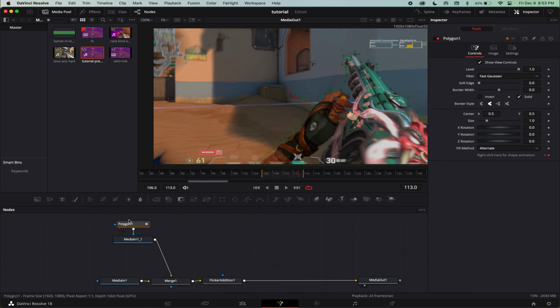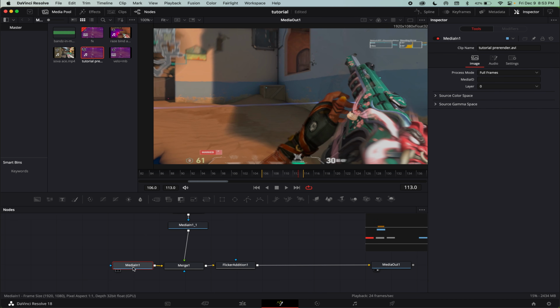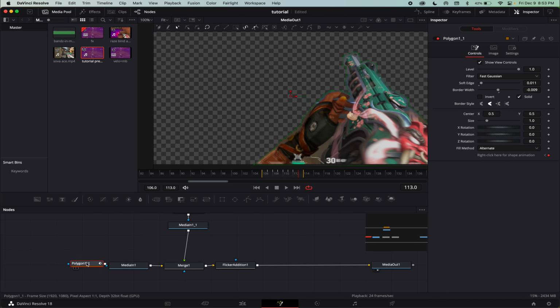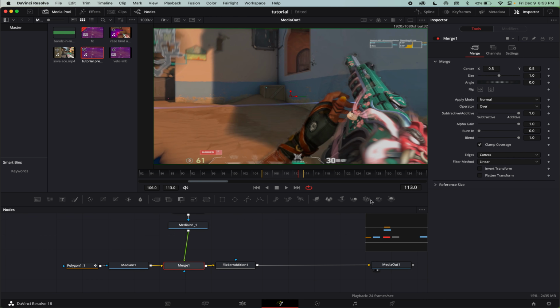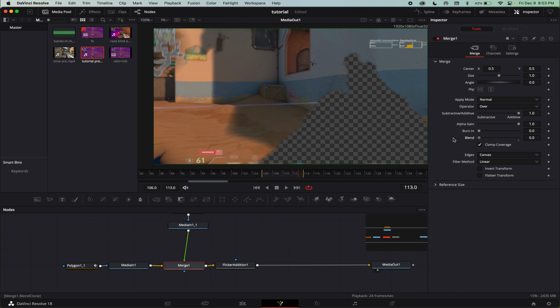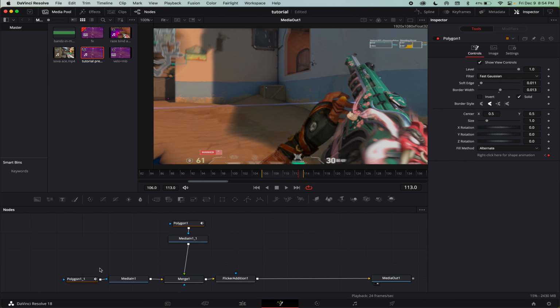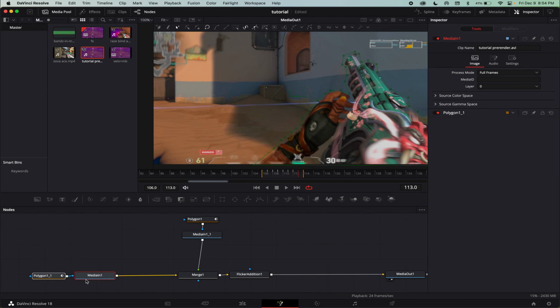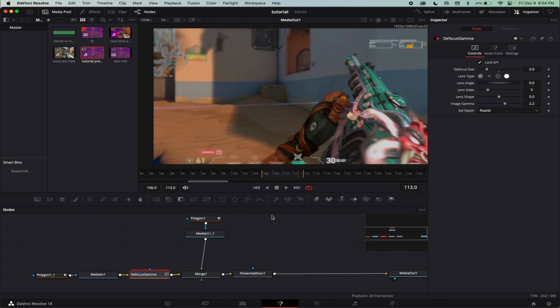What I'm gonna do is I'm actually gonna feather this mask a little bit, so you just do soft edge. What you're gonna wanna do now is copy this mask and then paste it onto the background and then hit invert. And so now what we have is a section with just the background and then another section with just the gun. So then what you wanna do is, if you want to blur just the background, you do a defocus gamma or any type of blur, turn it up a bunch, and it looks like that. That's basically all you do, and then